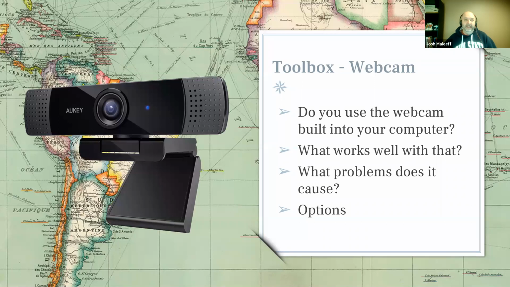I had my eye on one specific model that I wanted to get, and it just never became available. Fortunately, I had a friend who is an IT administrator and had been using some webcams at his company. He said, "I've got a recommendation for you." The one that I'm using is the one on the screen, and I just put the link into the chat for where you can find that on Amazon. The nice thing about this camera is that it is a high-def camera. It sits on top of my monitor, and it's relatively inexpensive. It's on sale right now for less than $40. I think it's down to like 35.